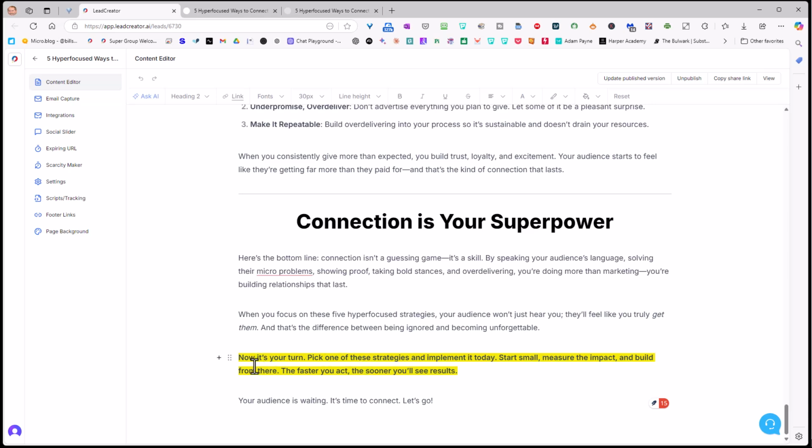Pick one of these strategies, one of the 5, and implement it today. Start small, measure the impact, and build from there. The faster you act, the sooner you'll see results. Your audience is waiting. It's time to connect. Let's go. So what I would do here is I would put in an actual